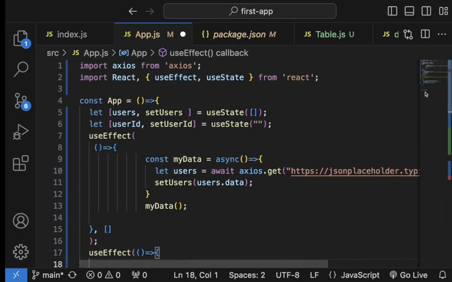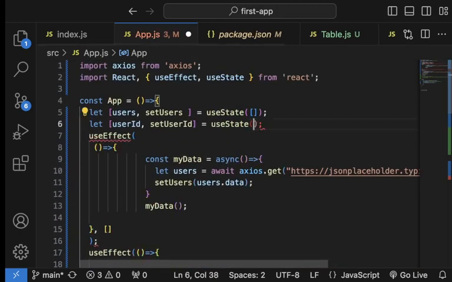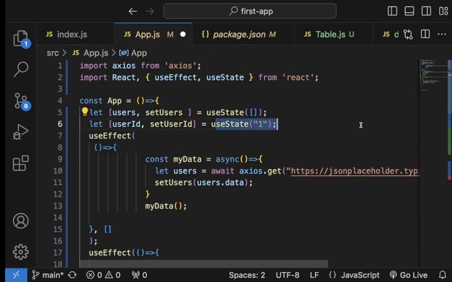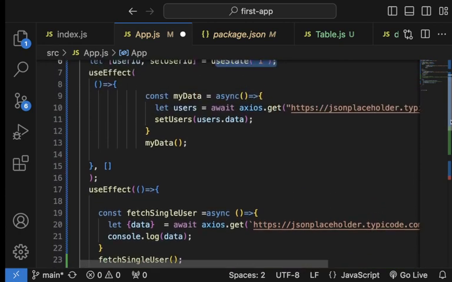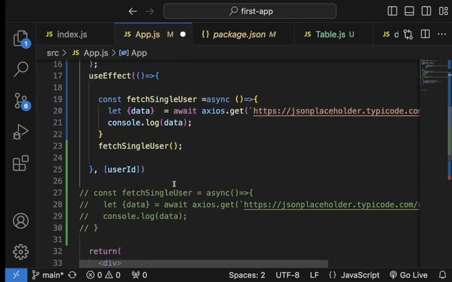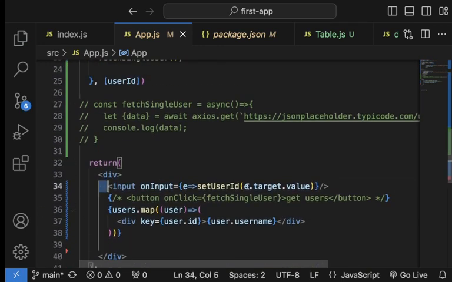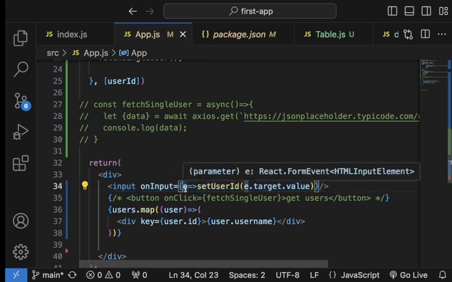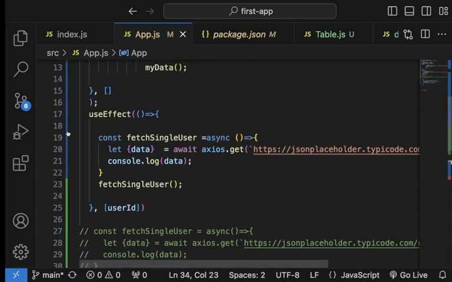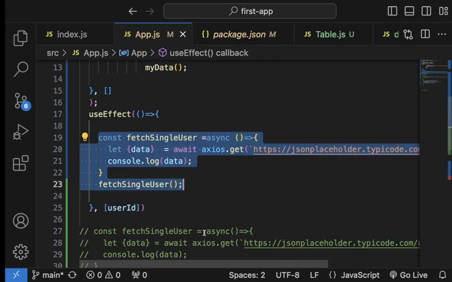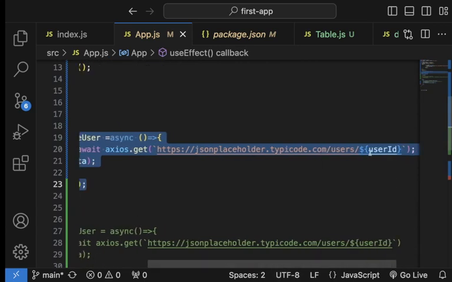Initially, I can set my user ID to be 1, starting from the beginning, and keep it in state. Initially, it can start as 1. Now, when you type any value inside this input, the value becomes the new value of user ID. That means user ID has changed and it's going to run this code again. It will fetch this data again and use the new value